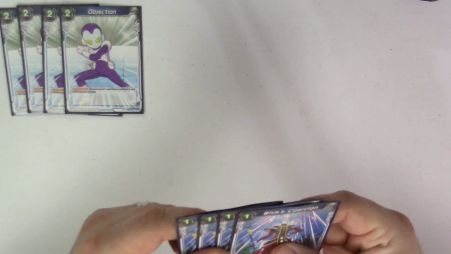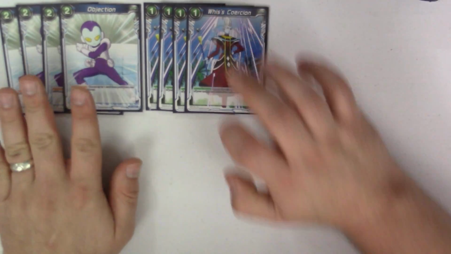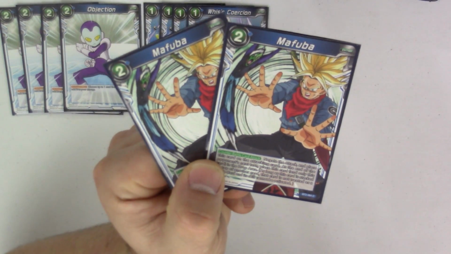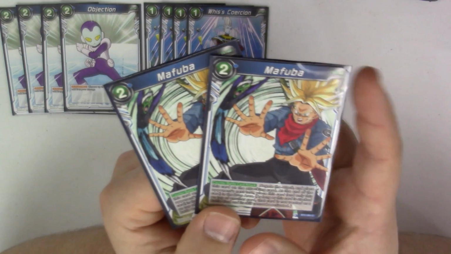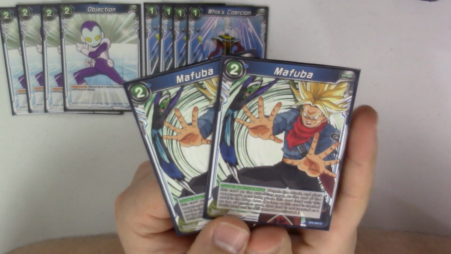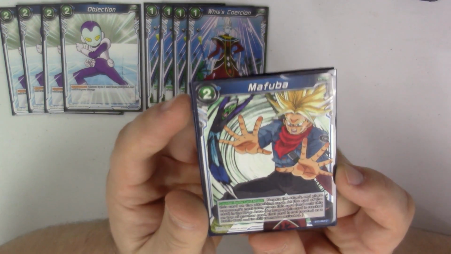Pretty much every deck these days is using Whis, for good reason. It's a very, very good negate. All right, we also have 2 copies of Mafuba! What kind of blue deck would we have if we didn't have at least one of our channel name in there? So the counter attack for this one says negate the attack and place this card on the attacking card,